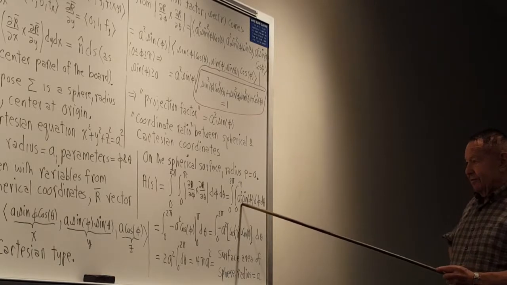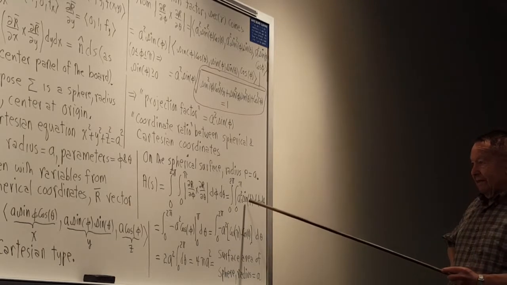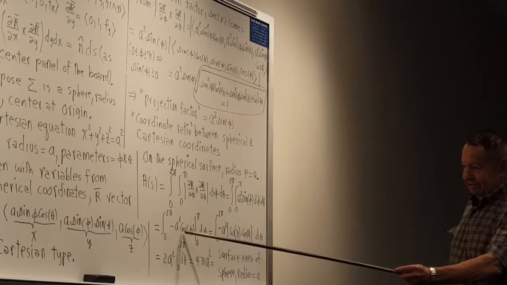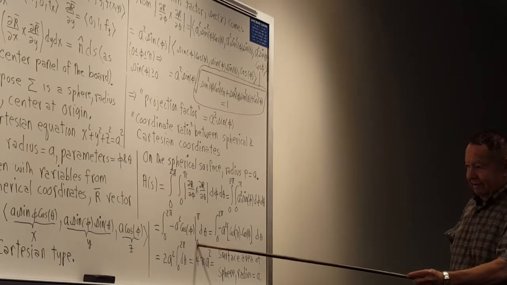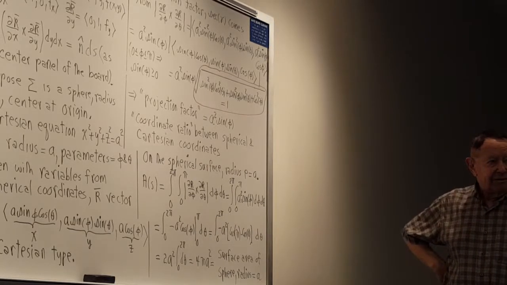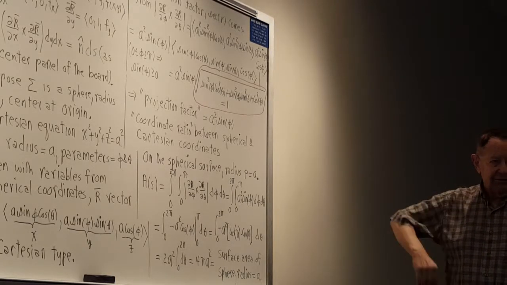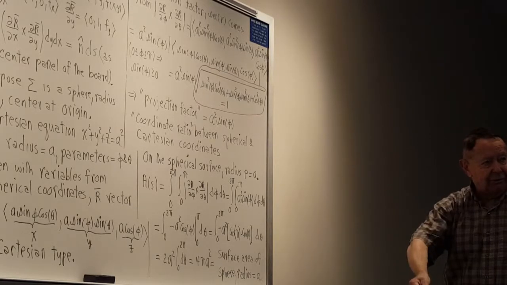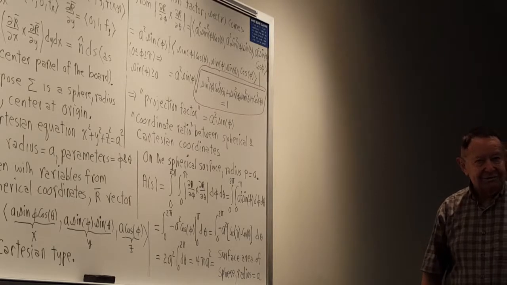So you integrate this with phi. Okay, you integrate sine phi with phi, and you get minus cosine phi. Limits on phi, if you want the whole surface area for the whole sphere. Remember, phi comes from North Pole to South Pole. So it goes down